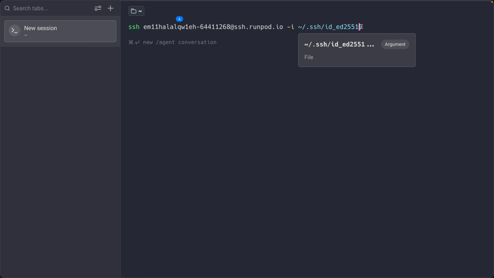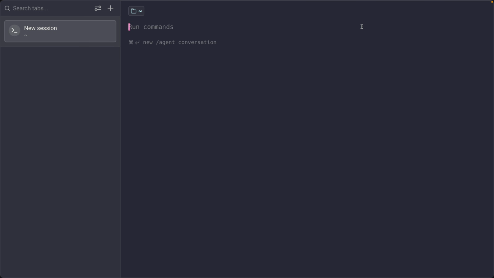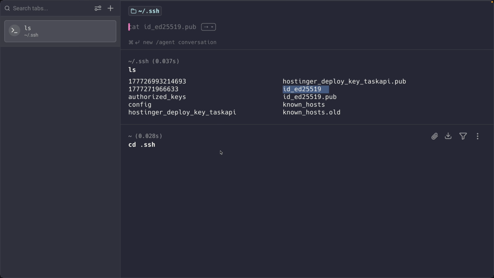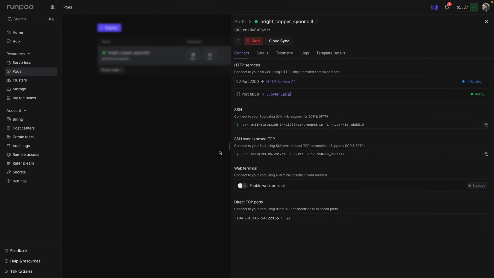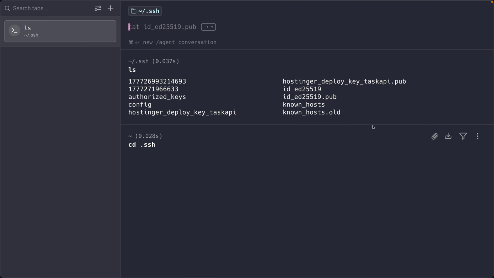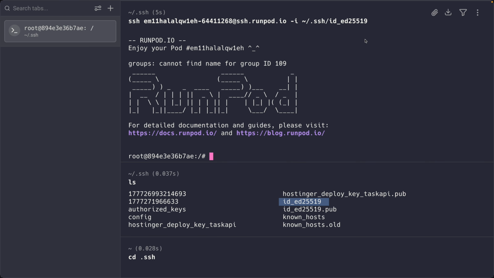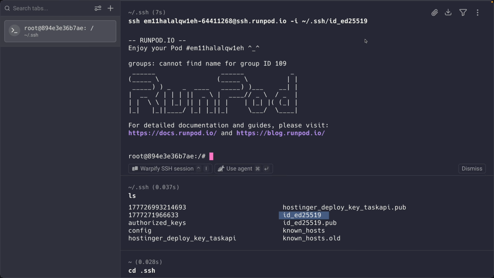If you just want to make sure, then just delete that and go to cd .ssh, and I was trying to access this one. So again I will paste the command. Let me copy it again and paste it here. So you see that this specific private key exists here. That's why it will definitely work. So hit enter, and now I am inside my VPS hosted on RunPod.